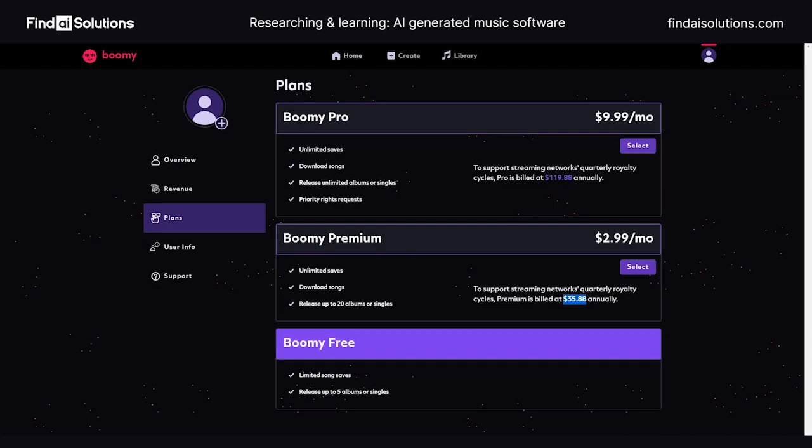All right. Looks like the best value is going to be the Premium, unless you get really into it and the marketplace is just really making money and then you want to get unlimited albums and single releases. Okay. Yeah, to play around with it, maybe this is worth it for $36 a year. And, if you can make some money off of it, it'll probably pay for itself. I'm not sure how well the marketplace will do, but, if you want to play around with it and see where it goes, there's that.